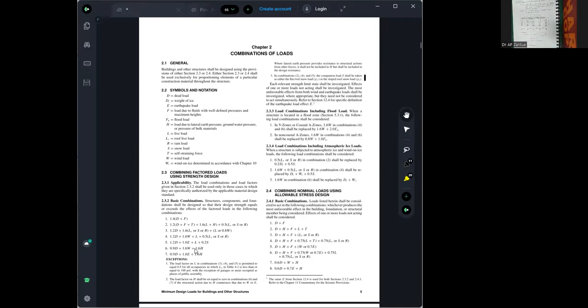LRFD, meaning strength design. This is the strength design method. Okay, strength design method. How about the other